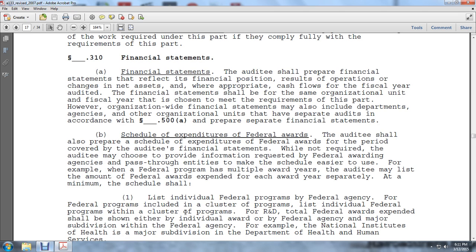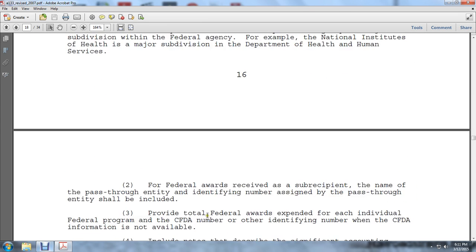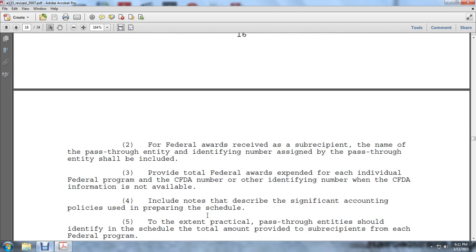for example, the National Institutes of Health, a major subdivision of the Department of Health and Human Services. For federal awards received as a subrecipient, the name of the pass-through entity and the identifying number assigned by the pass-through entity shall be included, providing the total federal awards expended for each of the individual federal programs, the Catalog of Federal Domestic Assistance number or the other identifying number when the catalog information is not